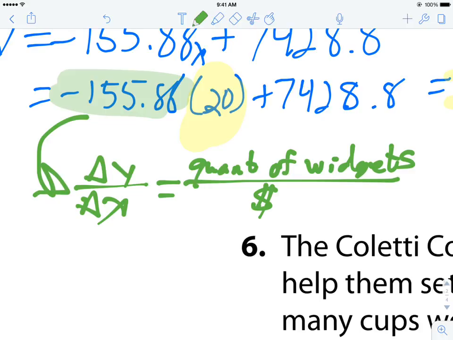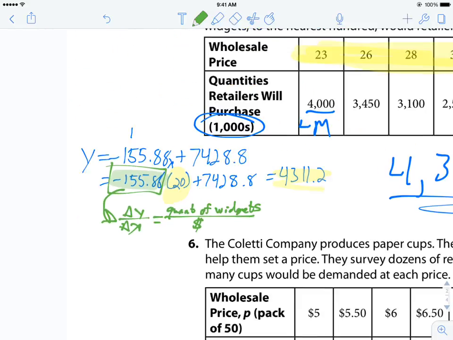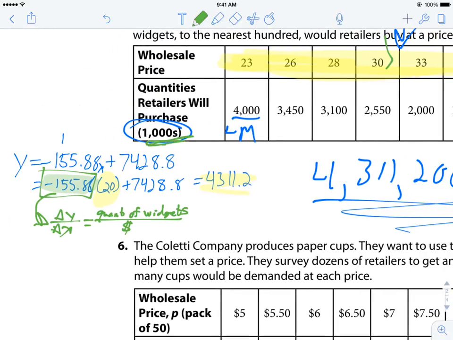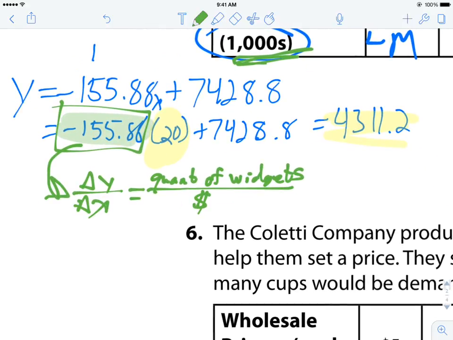So what I would say, if I were to turn this into a sentence, this number, the negative 155.88, represents that the quantity of widgets demanded is going to be reduced by 155.88. Remember, this was in thousands. So 155.88 thousand widgets for every dollar